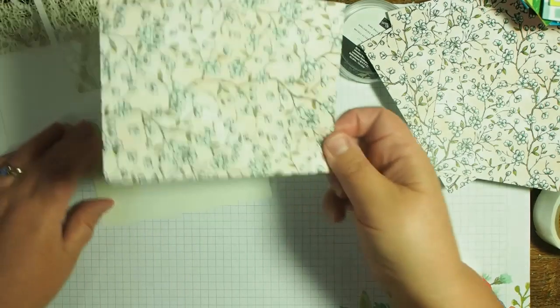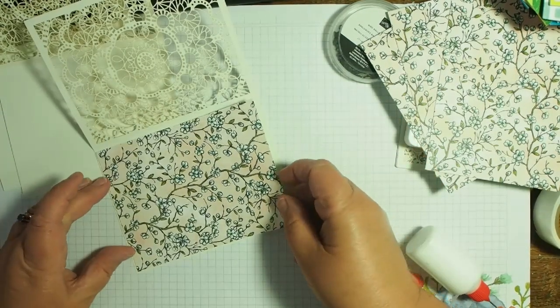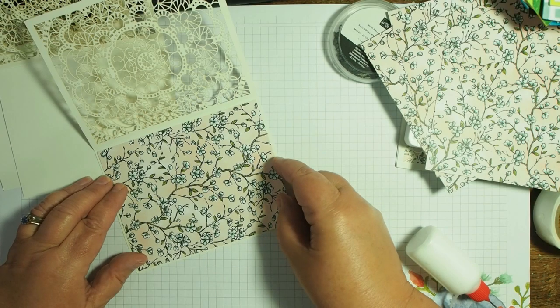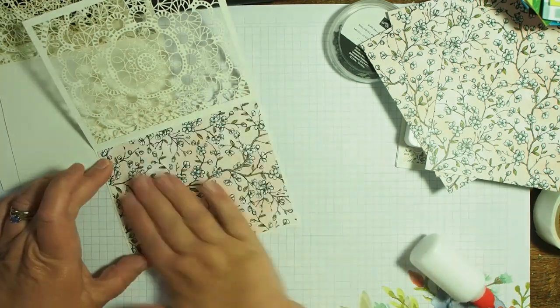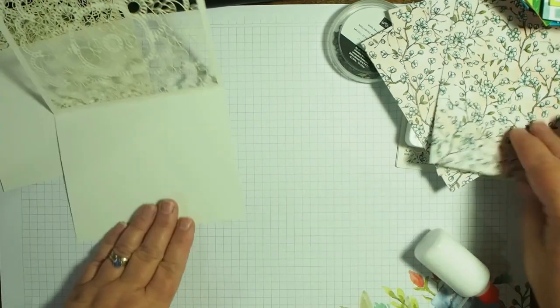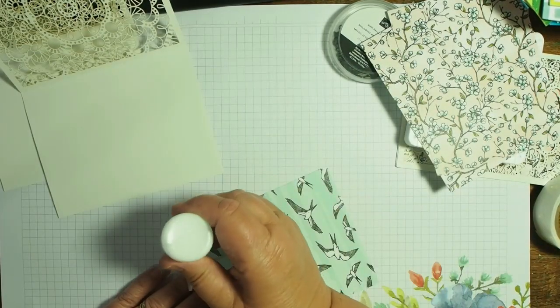I like the branches going along the way, so just centre it nicely, and that's on the back. Close that down. Next,